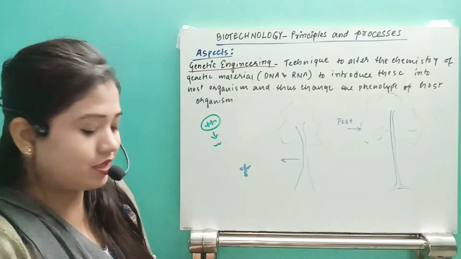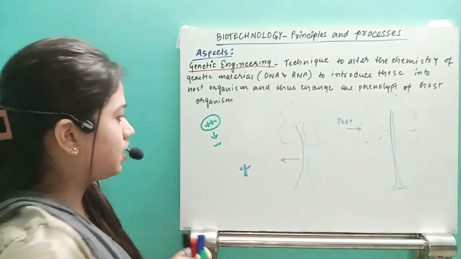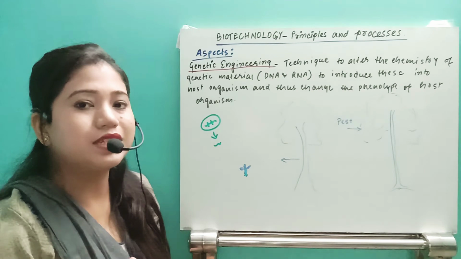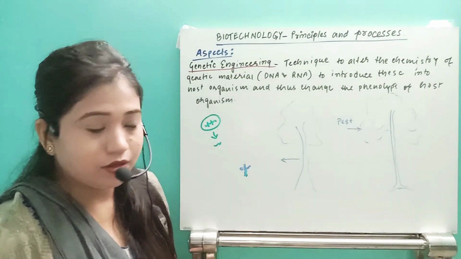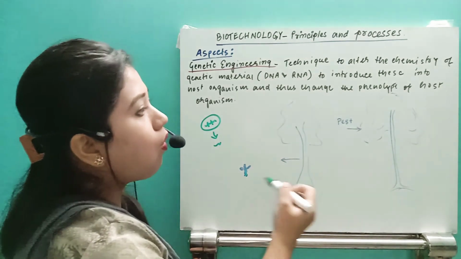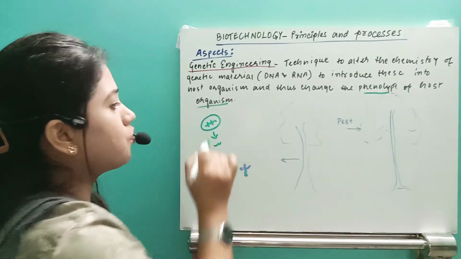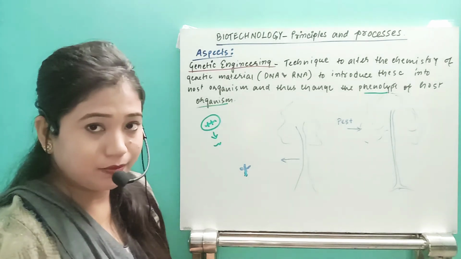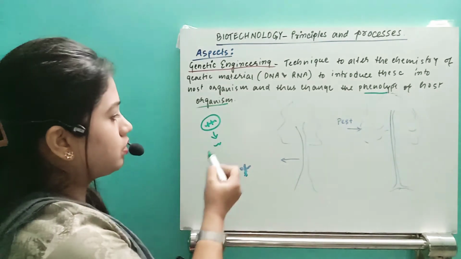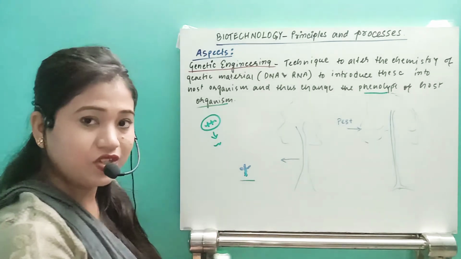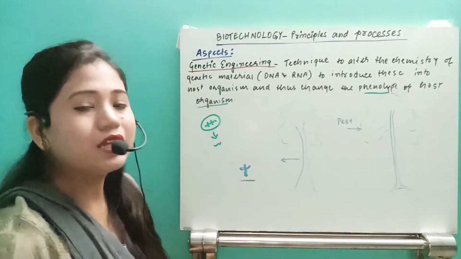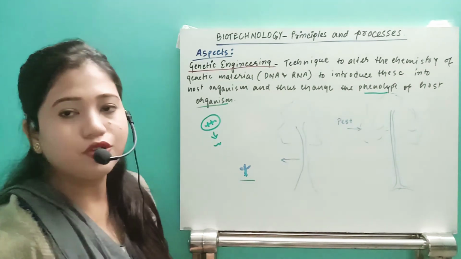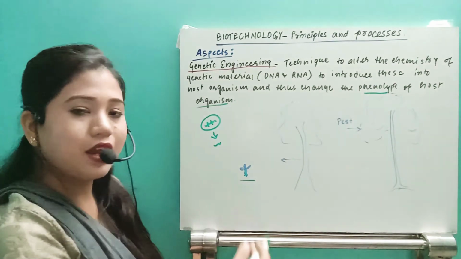plant will have the specific product. That means the gene, whenever it is introduced into the plant, will start to express its character. That means we are able to alter the phenotype of the host organism. Phenotype means which is visible, expressible. Genotype means we alter the genotype, we introduce that gene, we change the genotype to see the change in phenotype also. That means whenever a gene is introduced into the sapling, it will start to express.